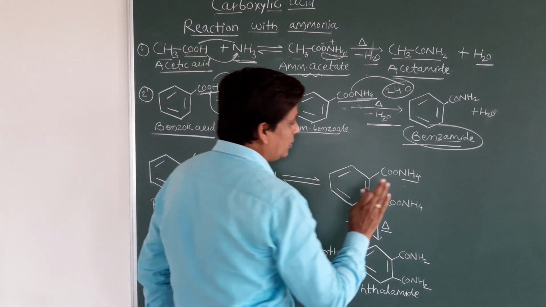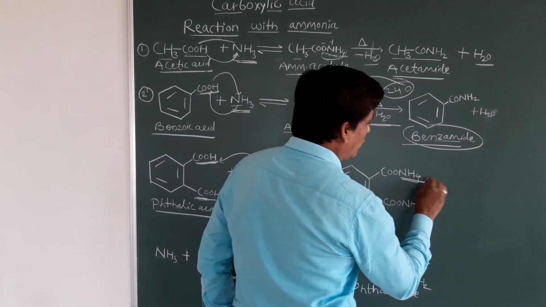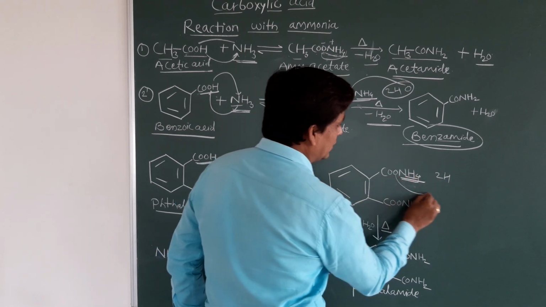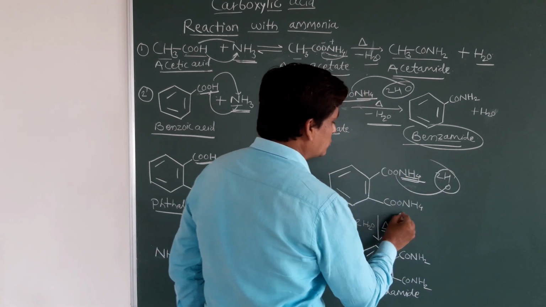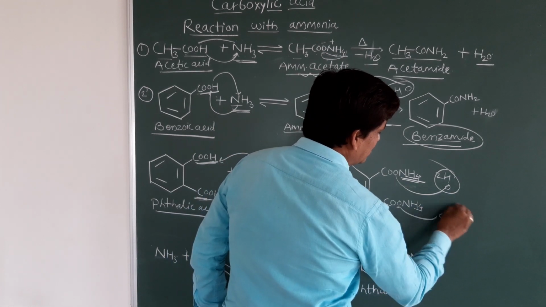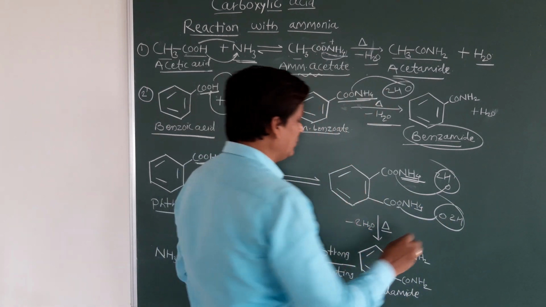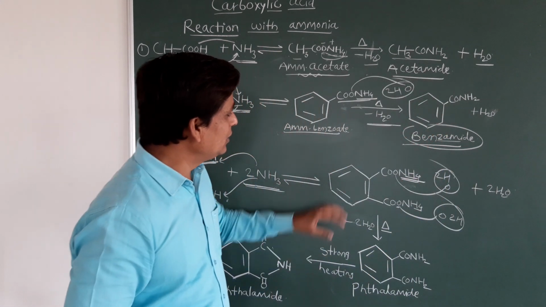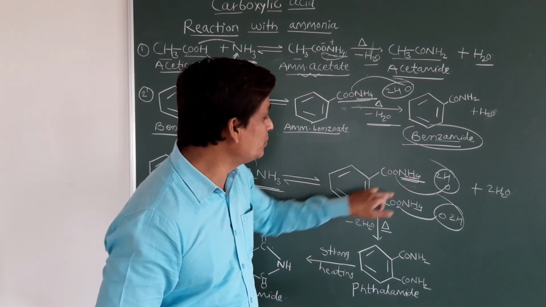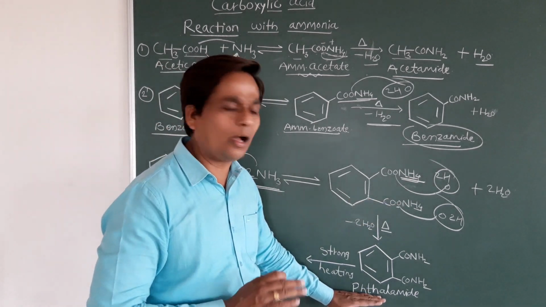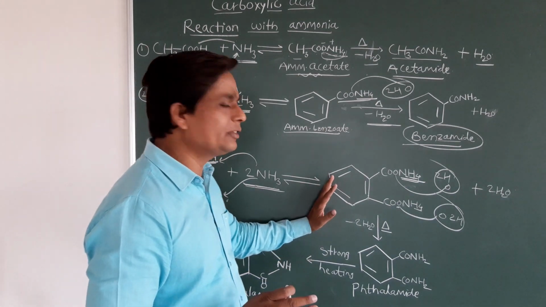How is the water molecule removed? From this NH4, 2H are removed, and one oxygen, so H2O. Here also it is the same: this oxygen and these two hydrogens. 2H means two water molecules are removed, plus 2 H2O. Students, what remains now? The benzene ring with CONH2 and CONH2. Now clear, this is phthalimide. Now clear how we get the phthalimide? It is a very easy reaction.